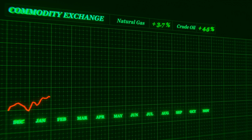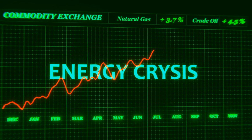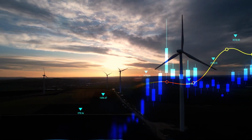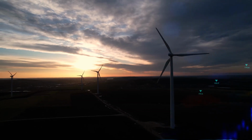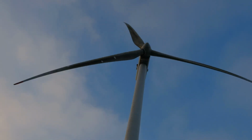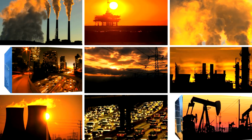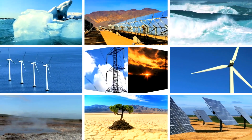This predictability can help stabilize energy prices overall and shield consumers from the price spikes often associated with fossil fuel markets. In wholesale electricity markets, the introduction of low-cost renewable energy can drive down the price of electricity, particularly during periods of high renewable output. This phenomenon, known as the merit order effect, occurs because utilities often dispatch the cheapest available electricity generation first. Since renewables have near-zero marginal costs, they can displace more expensive and less efficient fossil fuel plants, leading to lower